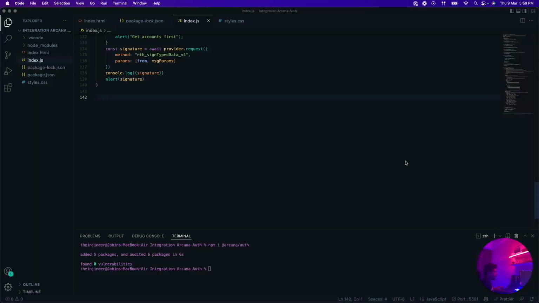So we obtained three different types of signature using three different methods. One is the eth_sign, the other one is the personal signature, and the last one is the typed signature. Based on your needs, you can configure accordingly, write the code, and use Arcana's auth and wallet to fetch users' signatures. The next thing that we're going to do is send transactions